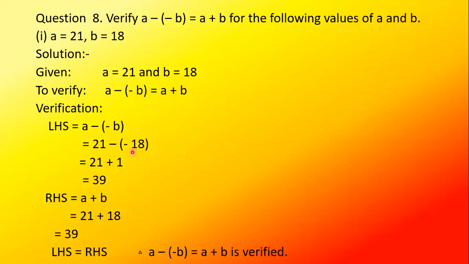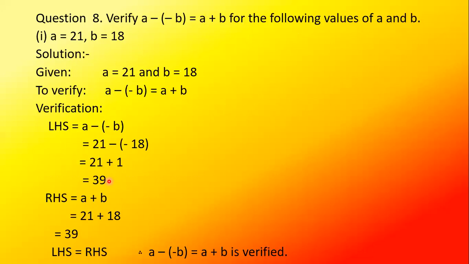Now, what we will do instead of subtraction? We will add the additive inverse. Minus 18, additive inverse is 18. Here see children, 8 is not typed, but you have to write 8 there. I have written 1 only by mistake. So it will become 21, subtraction will change into plus, and additive inverse of minus 18 is 18. It will be 21 plus 18, not 1, 18. 21 plus 18 is 39, right?